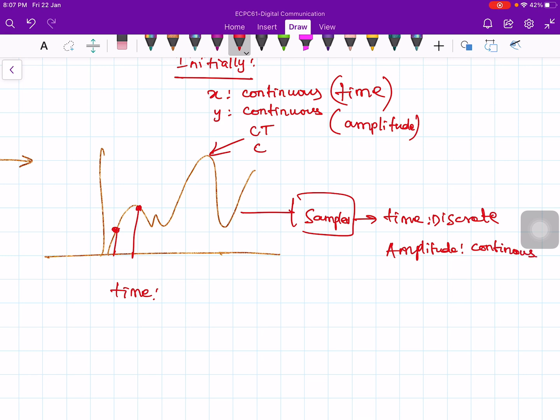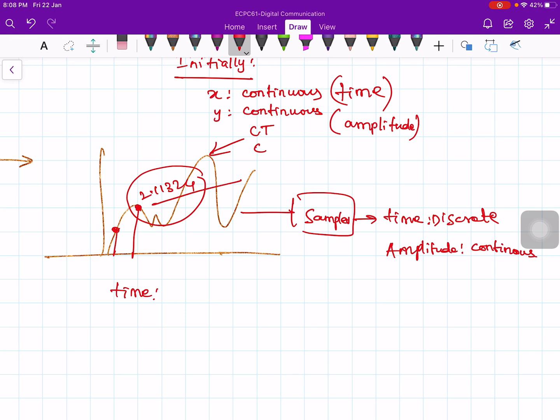Okay, suppose you sample this value, so let's say 2.113245 like that, and it keeps on going. So I cannot represent this continuous value in digital form. Somehow I need to round off. That job is done by your quantizer. It converts the continuous valued variable into a discrete valued variable.